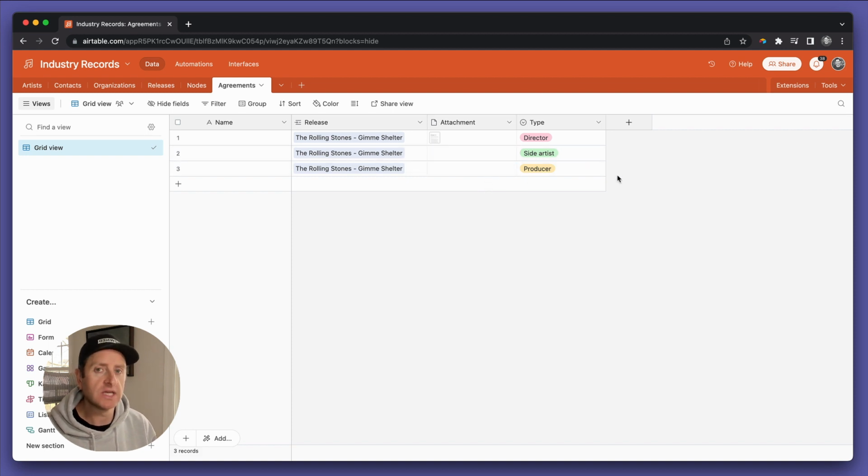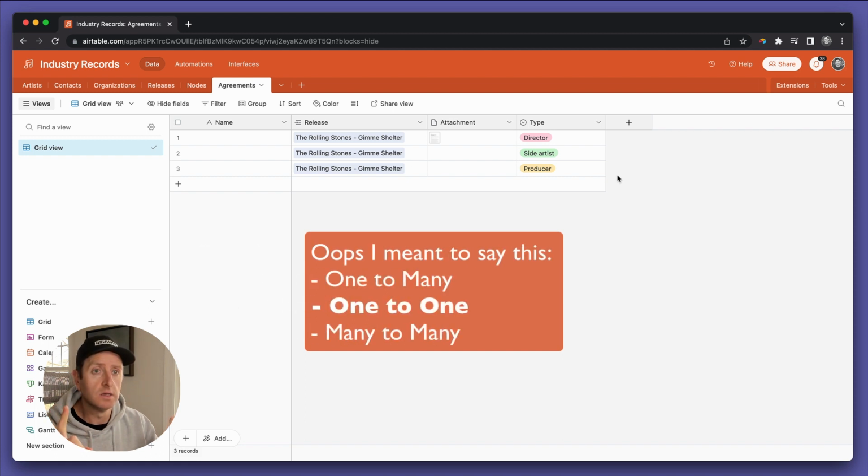Now, the question you need to ask yourself in the future as to whether we should be starting a new table or keeping the information within the existing table is, what does the relationship look like? And there are three types of relationships: one to many, many to one, or many to many.